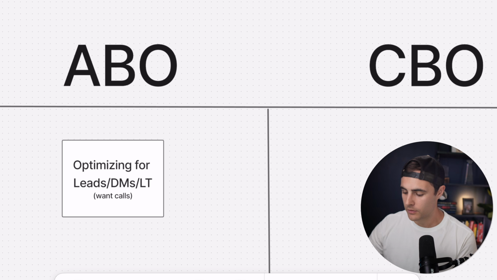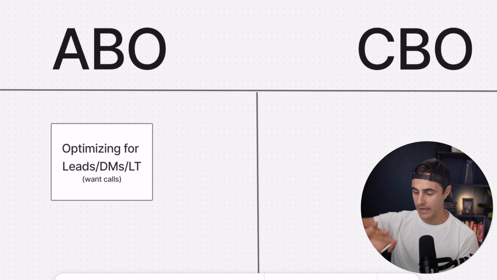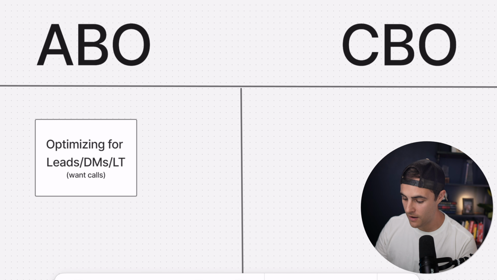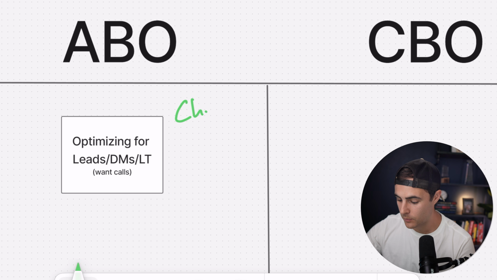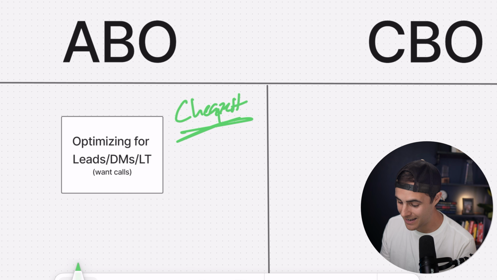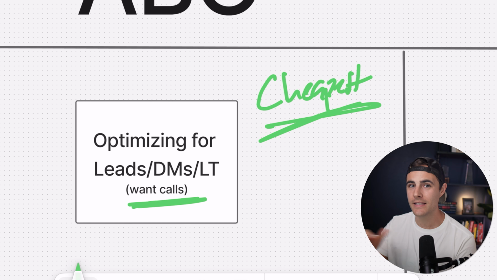When I'm optimizing for leads or DMs or low ticket purchases, with the goal of getting more conversions to actually book calls with, I can't just rely on CBO, because if I put a new ad set inside of a CBO campaign, it's gonna spend on the cheapest cost per result. Okay, that's what we optimized it for, cheapest, right? Meta is optimized for the lowest cost, but the lowest cost DM, the lowest cost lead, or the lowest cost lead magnet purchase does not mean that they're actually going to book calls, which is my main KPI in any type of high ticket service: how many calls did I book and how much did it cost?